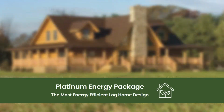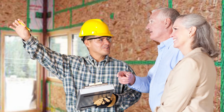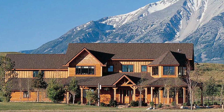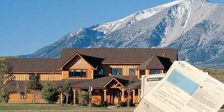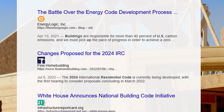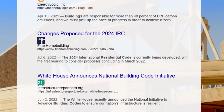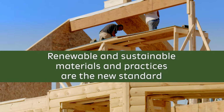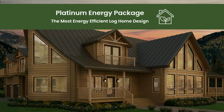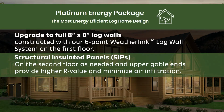While solid log walls are extremely energy efficient, we recognize that many of our customers want, and in many cases need, additional energy efficiency to meet and exceed building codes and to reduce the energy expenses over the life of their home. However, building codes are becoming more stringent, and the demands for renewable and sustainable building materials and practices have become the new residential construction standards. To meet this growing demand, eLoghomes has created and released a brand new log home package which sets us apart